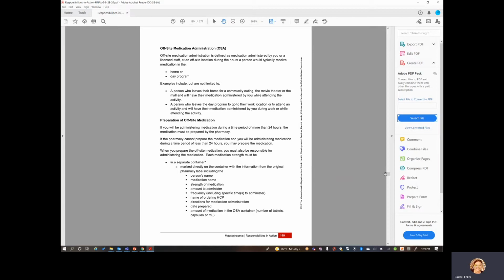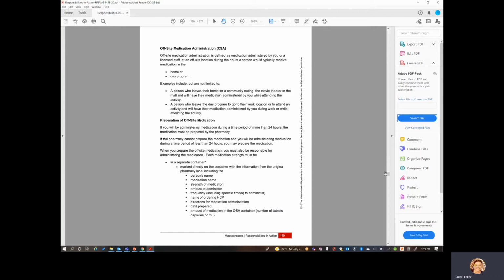So it's very important that we document it correctly because it's important to track when somebody is receiving medication out in the community versus at home, where the guidelines are a little different. So you have some very specific guidelines to follow.